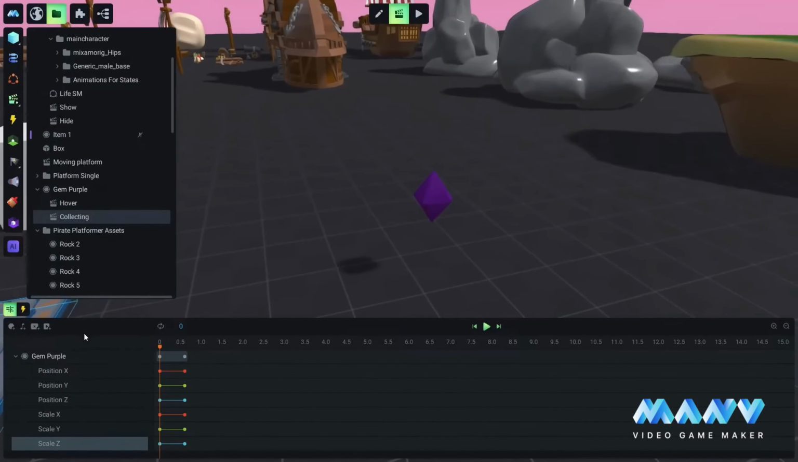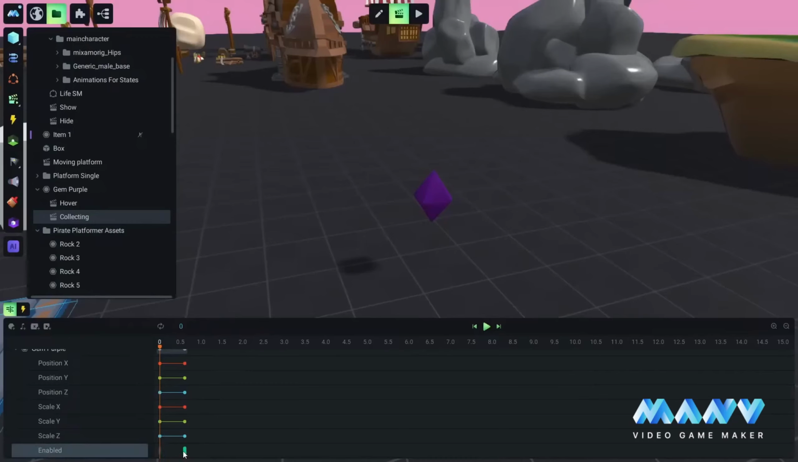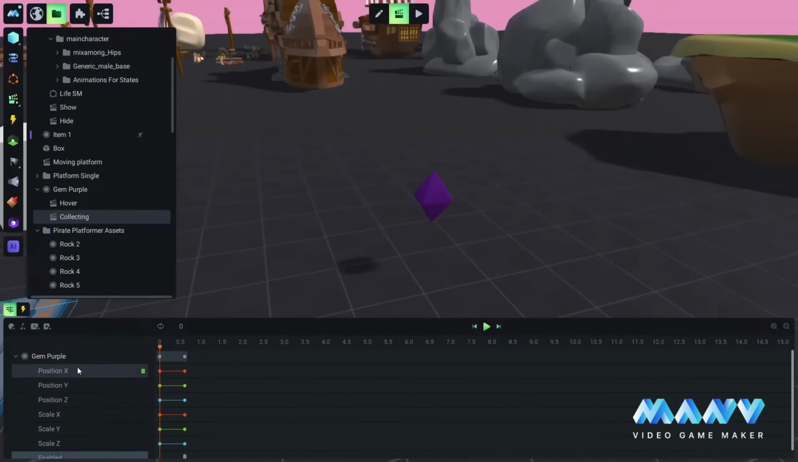So to make the crystal disappear, I believe that was part of your previous question, Nikki. We can click on here and click enabled. What this does is make the mesh, this object, disappear. So we click and we set it from on to off. So right now we have just made this crystal disappear, but